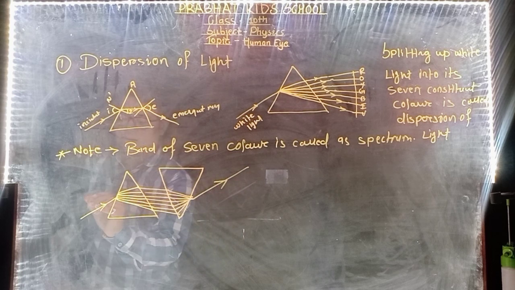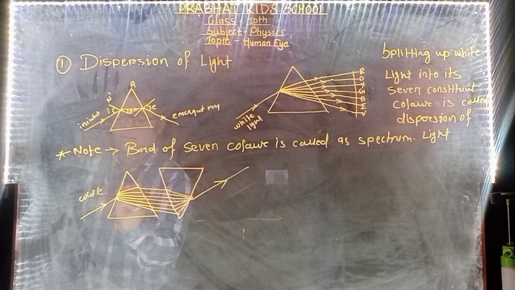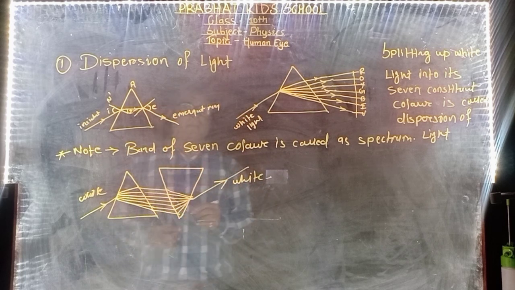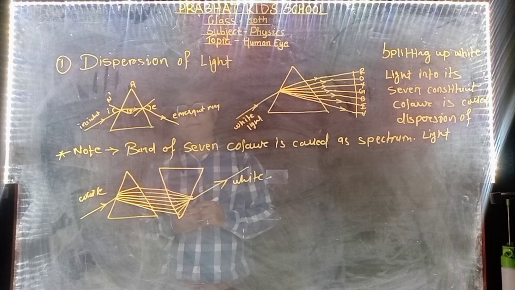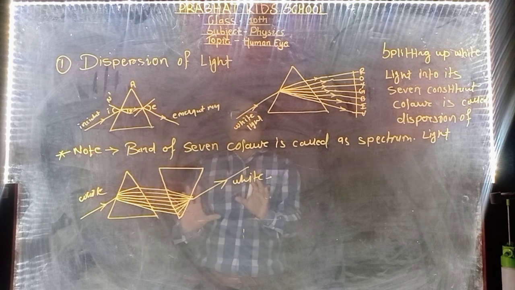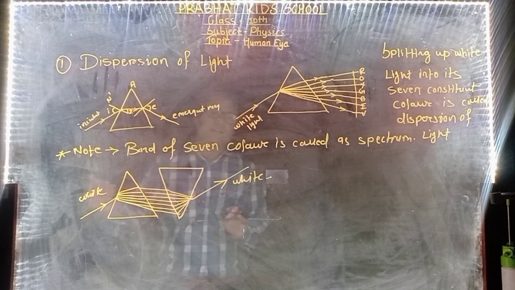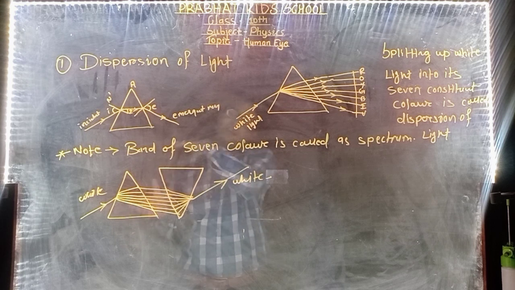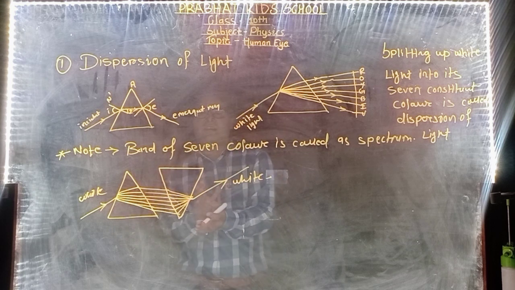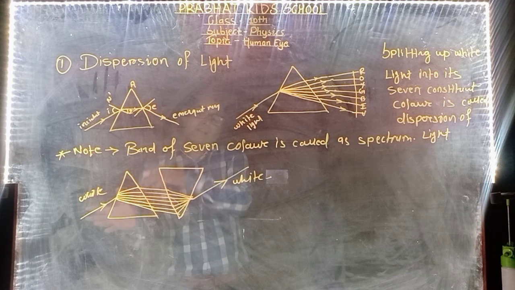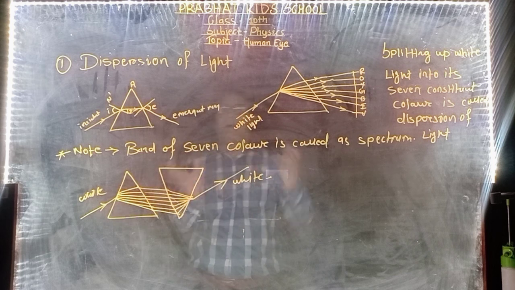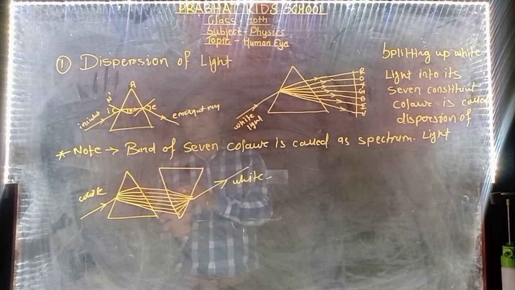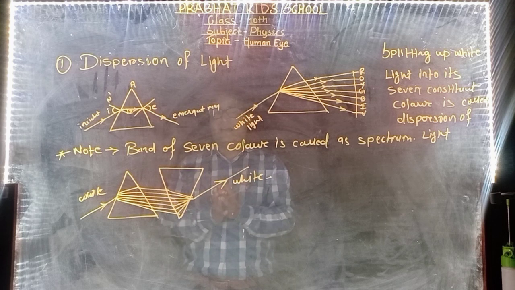Like this, this is a white light. And this is again the white light. So this was an experiment completed by Sir Isaac Newton. If we keep two prisms inverted in position and pass white light through the prism, what happens? That white light gets dispersed into seven constituent colors in the first prism, and after entering into the second prism, those seven constituent colors get converted again into white light. This experiment was done by Sir Isaac Newton.